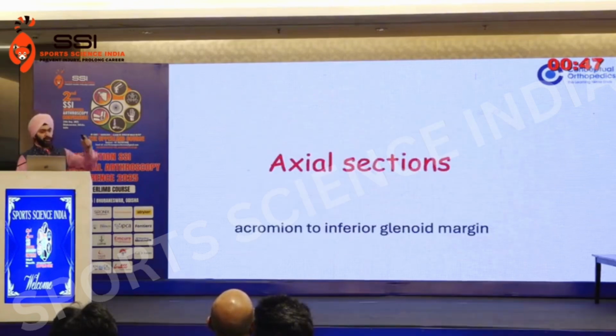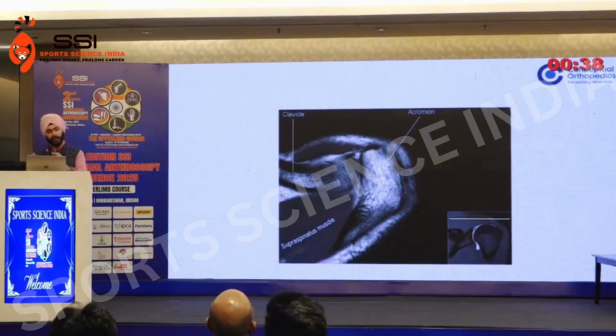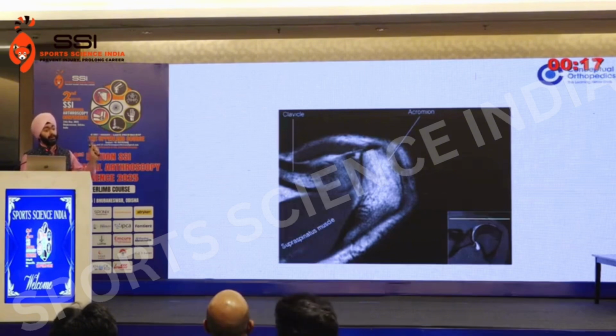In axial sections, you're going from top to down, from the acromion down to the lower level of the glenoid. The main problem in MRI is how to orient yourself. If you orient yourself, which section is this, are you going from top to down or from medial to lateral, what is anterior, what is posterior, you'll be able to diagnose. Your lighthouse, as in open surgery in the shoulder, is your coracoid. Look for the coracoid in all sections. Coracoid is a superior and anterior structure. If you are able to find the coracoid,